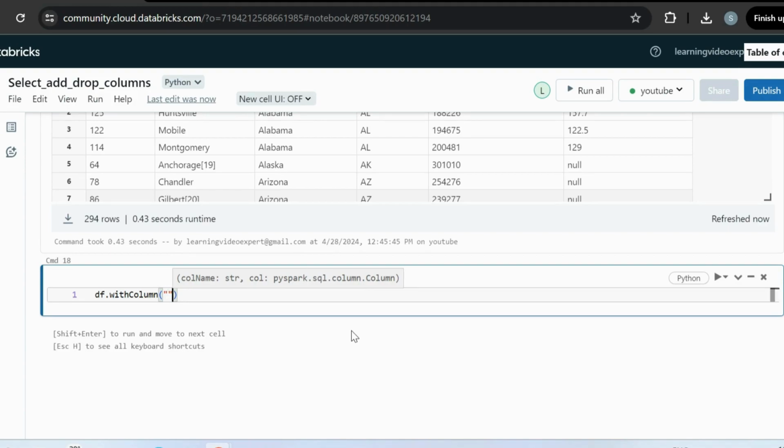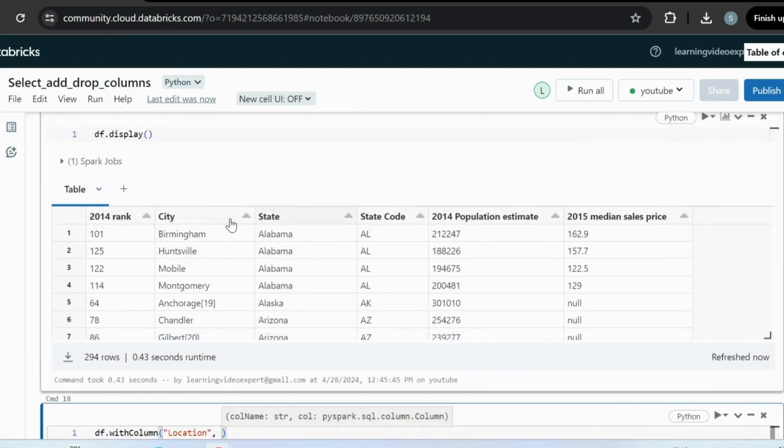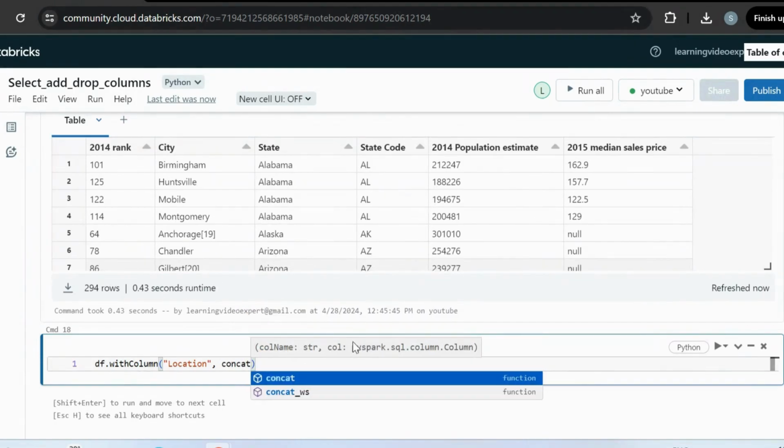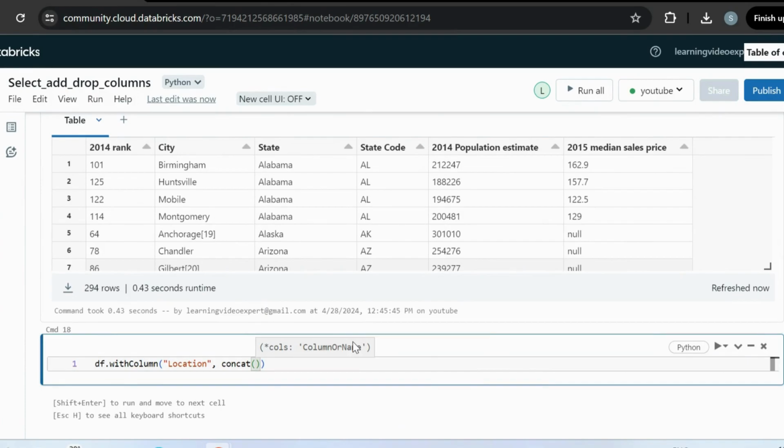Let's say I want to create a column called location, and this location will be a combination of my state and my city. If you see, there is a state and a city. So I will merge these two, state and city, with the concat function. I'll mention my city as the column, and I also want to concatenate the second column, that is my state.